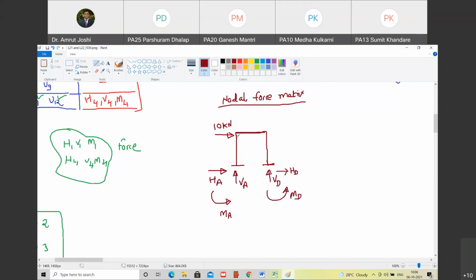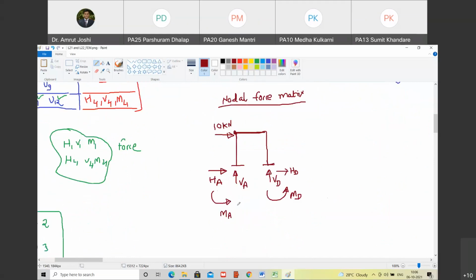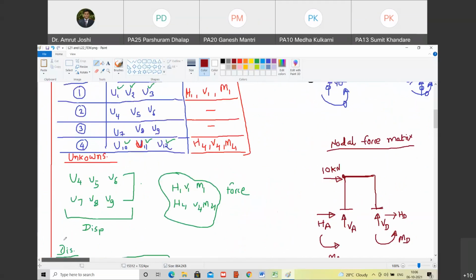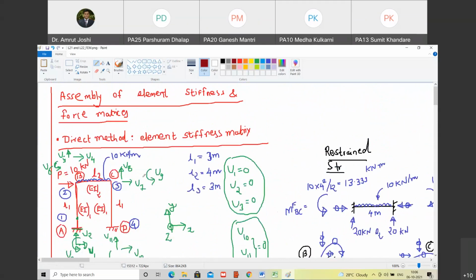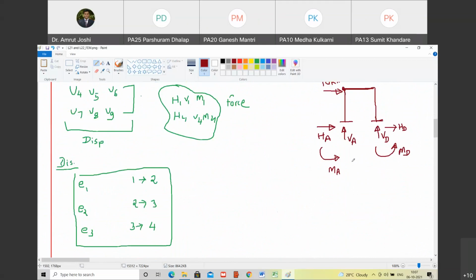Nodal loads itne hi hai. Nodal loads are the loads that act on the joints. So वो reactions हो सकते हैं या फिर actions हो सकते हैं. Are you with me? But they essentially act at a joint and which are not considered in restrained structure. Are you with me? Yes, sir. You may argue that I have considered these reactions here, but those are the reactions from member loads in the restrained structure. ये reaction कौन से है? These are the final reactions. Due to all these forces acting on this structure, whatever are the reactions that get generated at A and D are those reactions. And those are not accounted for. We accounted only for restrained reactions. Are you with me?